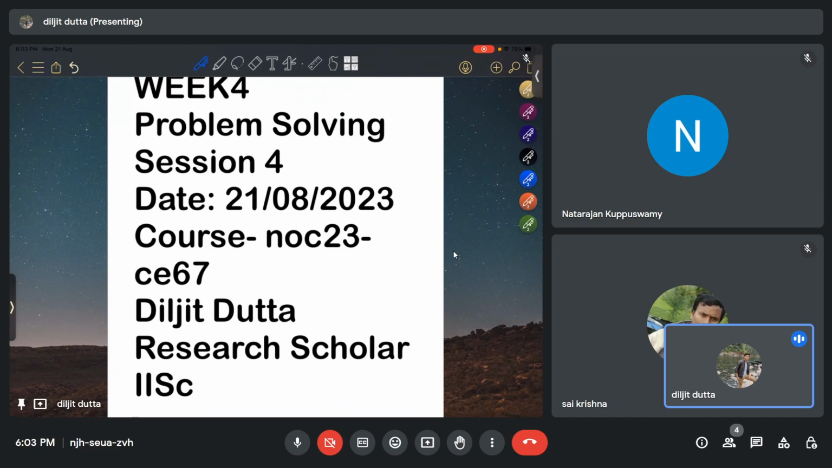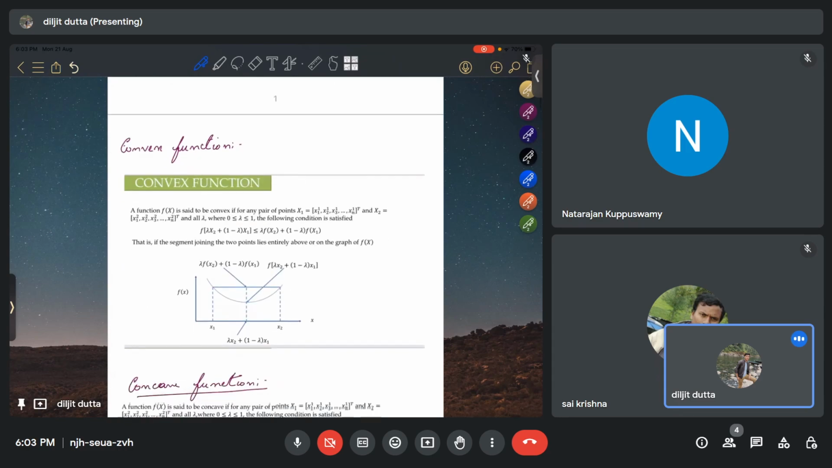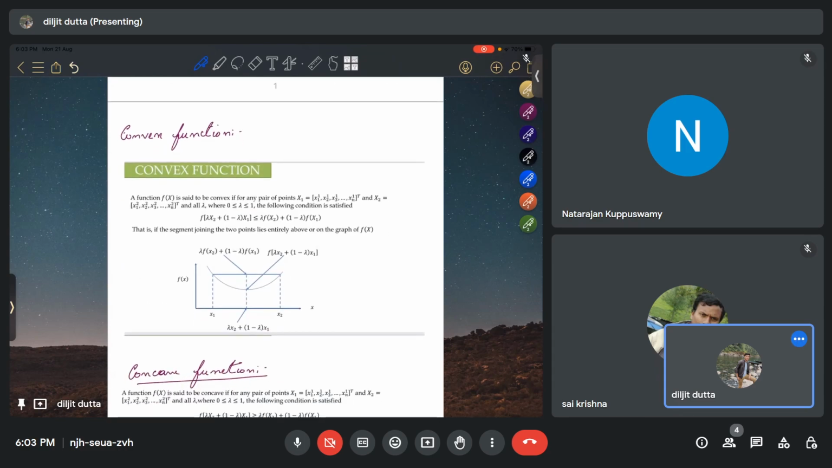Welcome. This is Diljit here, and we'll be having lecture 4 of this optimization in civil engineering course. Today we'll be looking through the contents that have been taught in week 4. That is the convex function. What is a convex function? How to identify a convex function, and the unidirectional methods to solve